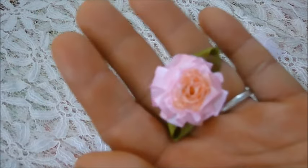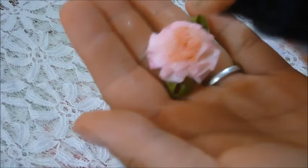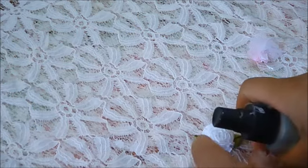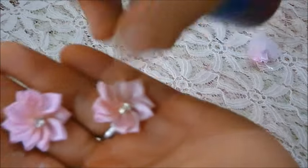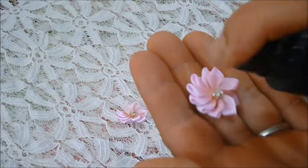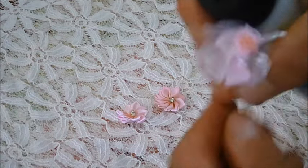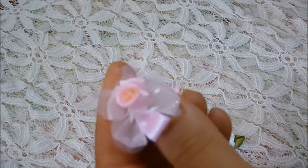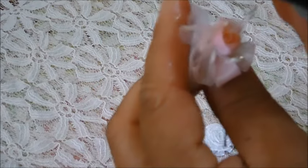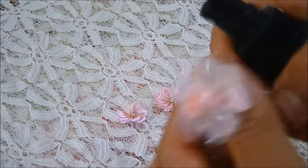So you see the magic, have a look, see that it's nice and bright, and then you just quick spray like that. You see how it changes the color. I'm going to spray, you see that's the finished product, and then that's the brighter one. I don't know if you guys can see them, my camera's focusing really slow. So spray that one, you see how the color just changes it. And then this particular one, see, nice and bright, and then we're gonna just doll it up, make it look vintage. Just spray it and then just mix it around, and then you're going to heat set this with your